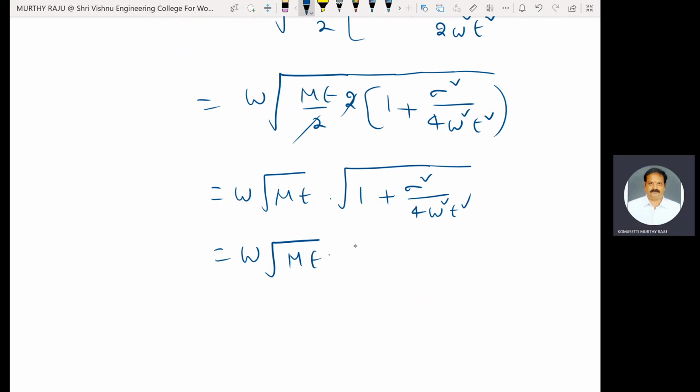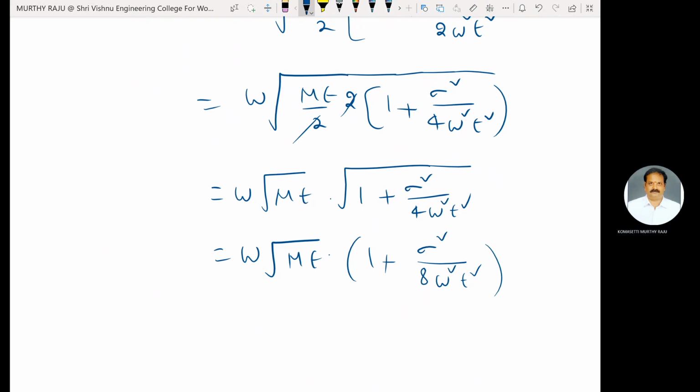Apply binomial expansion; higher order terms can be neglected. Therefore, 1 plus sigma square by 8 omega square epsilon square. This is the beta value. Next one is